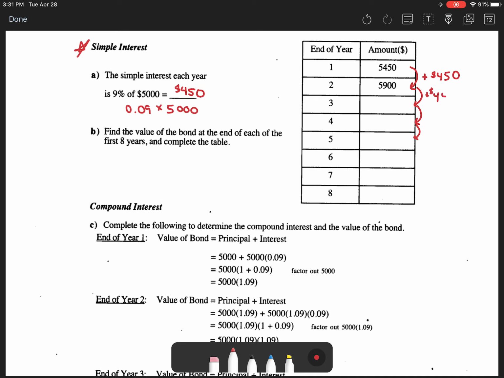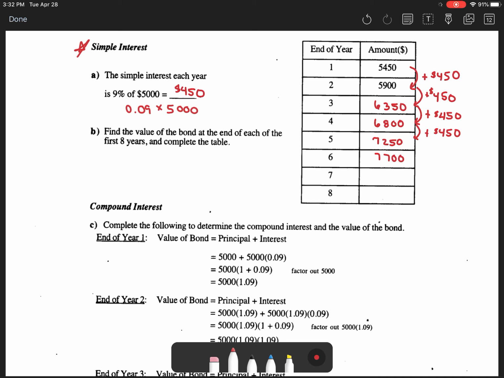So that's the amount of interest you're going to get every year, and that's what you'll notice here on the chart. When I go from year 1 to year 2, I am adding $450, and that's going to be the case when you go from one year to the next, the whole way down. You are continuously adding $450. And that's what we mentioned on the first page, is that amount of interest does not change from year to year. That interest is calculated on the initial amount and never changes. So what we're doing going from year to year is just continuously adding $450. So when I do that, you can see I now have $5,900 after year 2, or at the end of year 2. At the end of year 3, I will therefore have